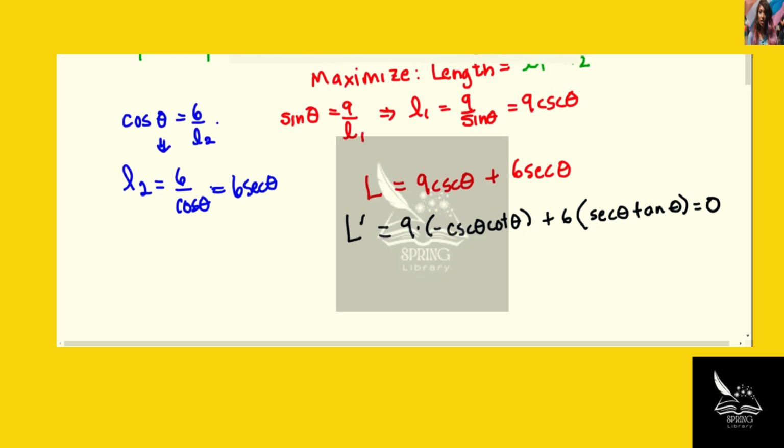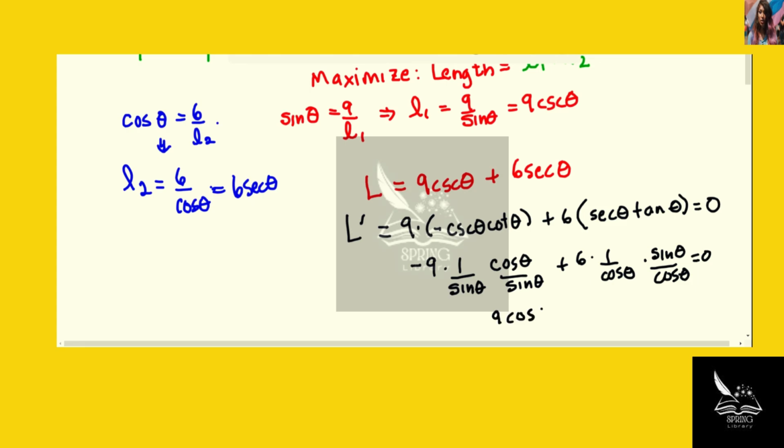I don't know anything very quickly about cosecant, cotangent, secant, or tangent, so I'm going to change everything to sine and cosine. Here's that negative and 9. Cosecant is 1 over the sine. Cotangent is cosine over sine. Plus 6 times 1 over the cosine times the tangent. Oh, no, that's backwards. That's right, sine over cosine, equals 0. So this one is 9 cosine theta